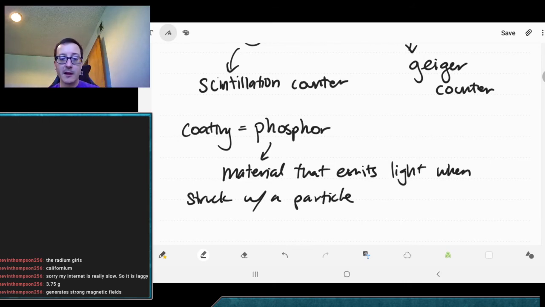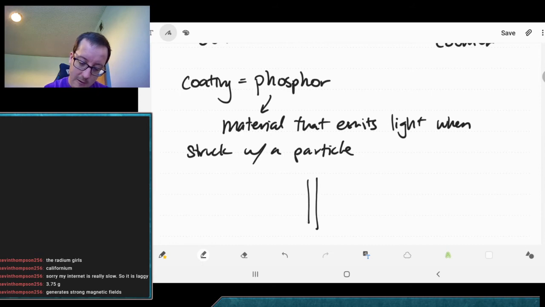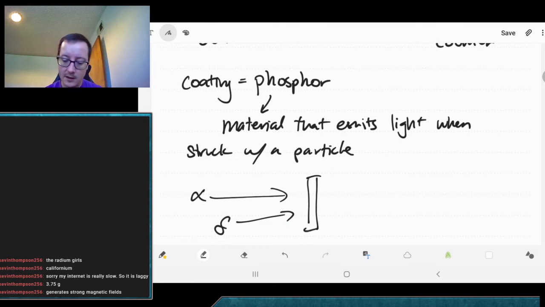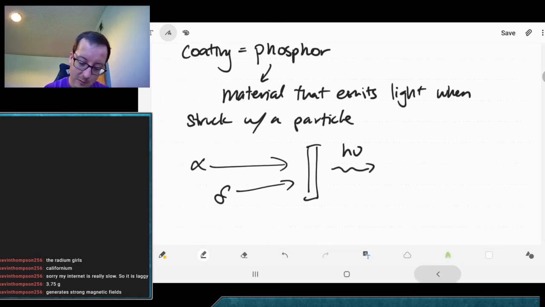As you can imagine, maybe your alpha particles or whatever come in here, hitting this screen. That screen then flashes out light every time a particle hits it. That light, this is your phosphor,